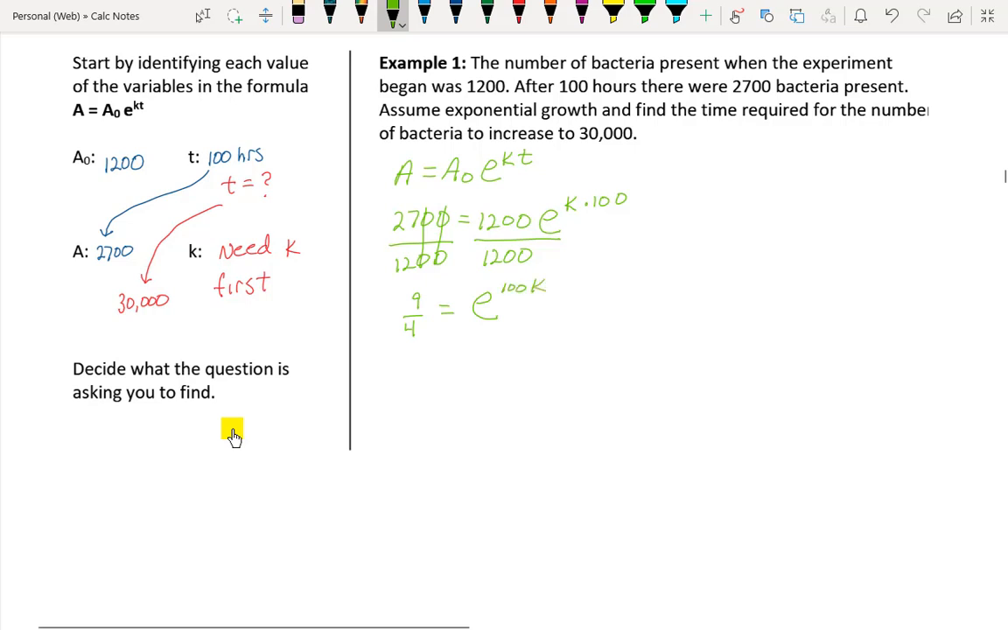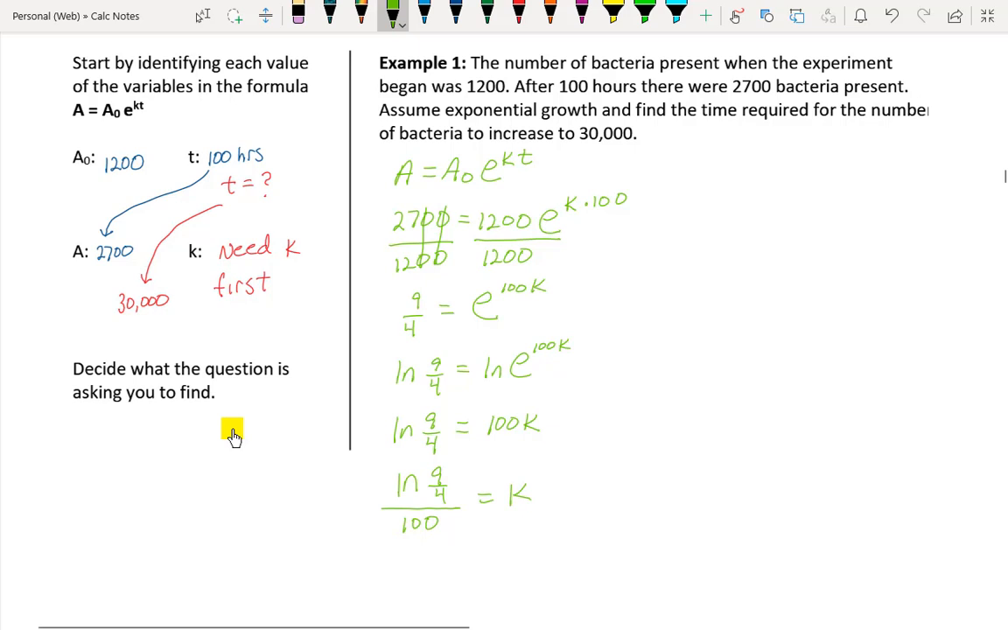In order to solve for k, I need to log both sides. So log of 9/4 equals the log of e to the 100k. And hopefully you're already thinking, okay, the right side, well, let's leave the left side alone here. Let me rewrite that. So the right side, ln of e to the 100k is just 100k. And then I can divide both sides by 100. So I'd have the natural log of 9/4, that whole thing divided by 100, and that would equal my value